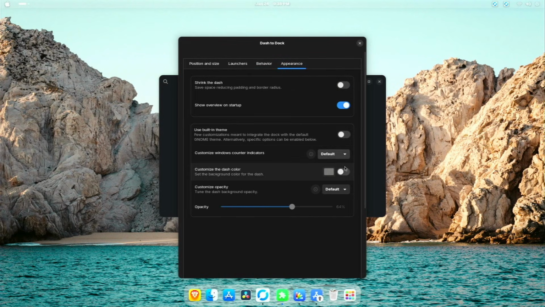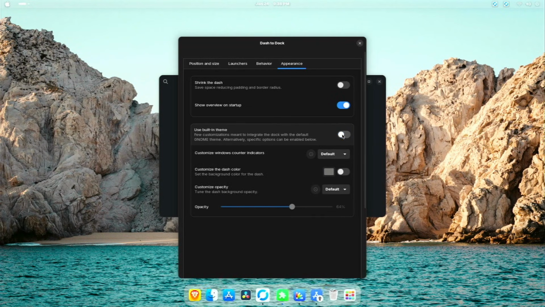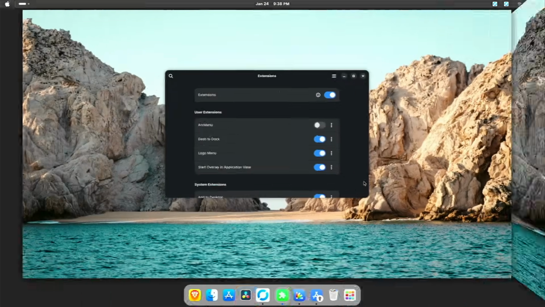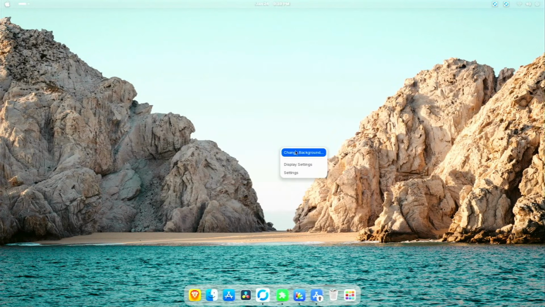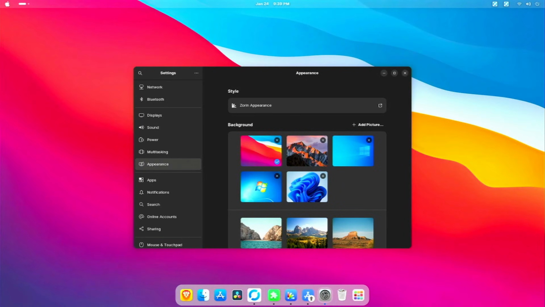Okay, so if you've seen all are the same, then it's okay. Now over here you can turn it on or off. Use built-in theme, which makes your dock either opacity, you can put it to fixed, and it will change the transparency to this level. So now you can select start overlay, which allows the start button on your keyboard to open your start menu. So now you just right click and change background, and you can choose your Apple background. Right,